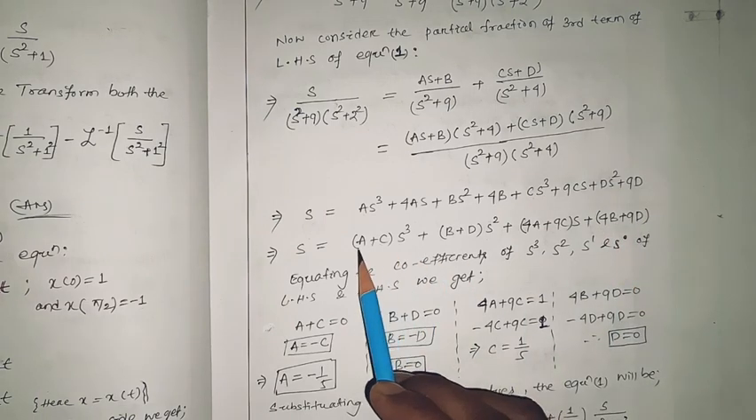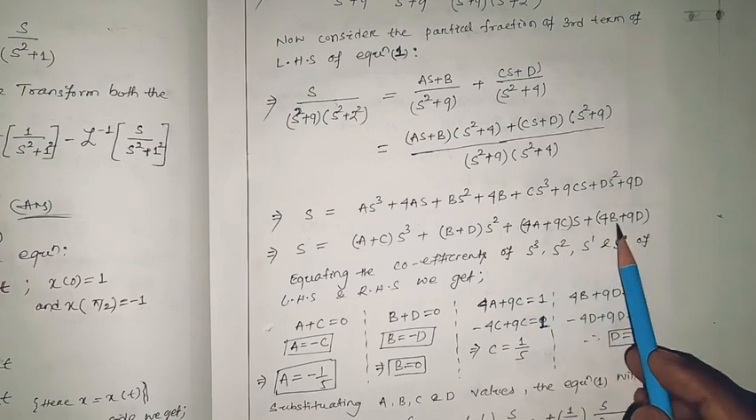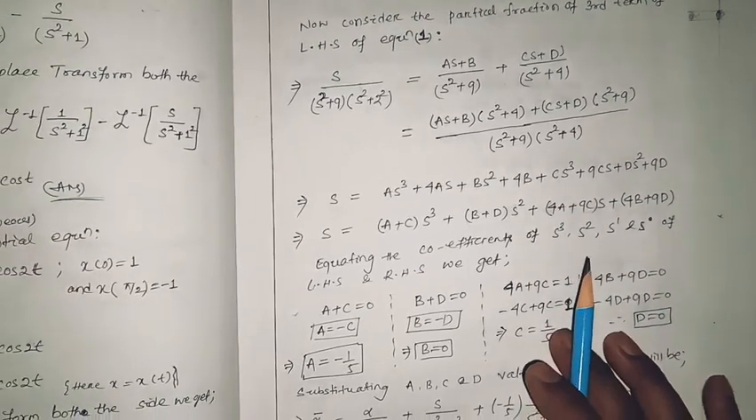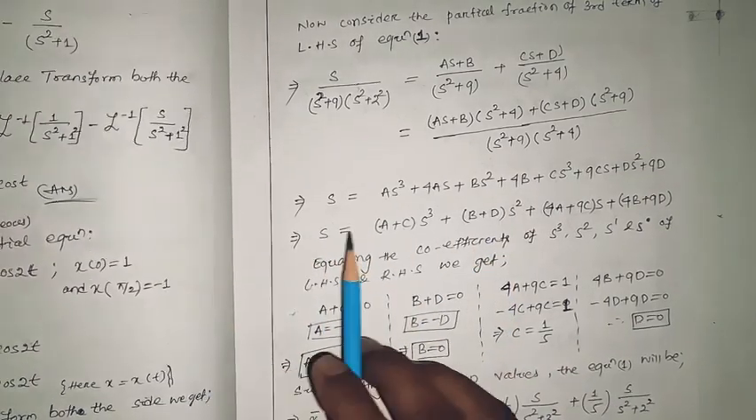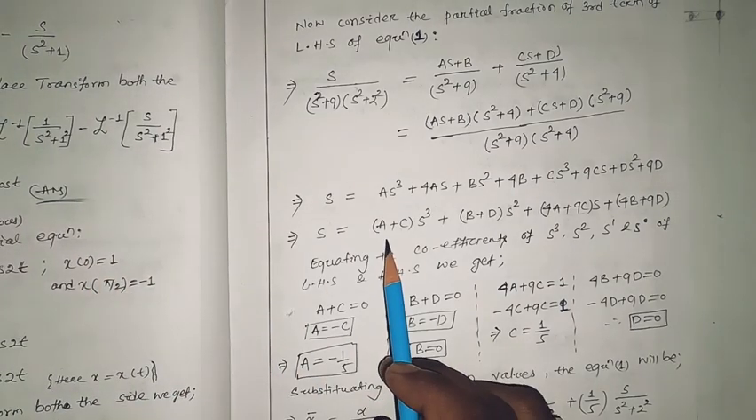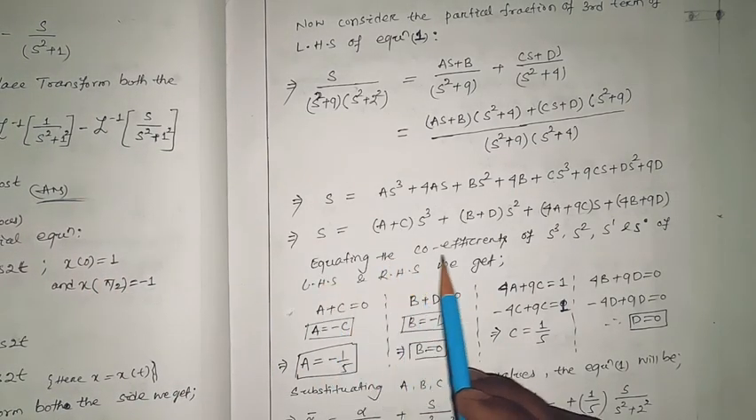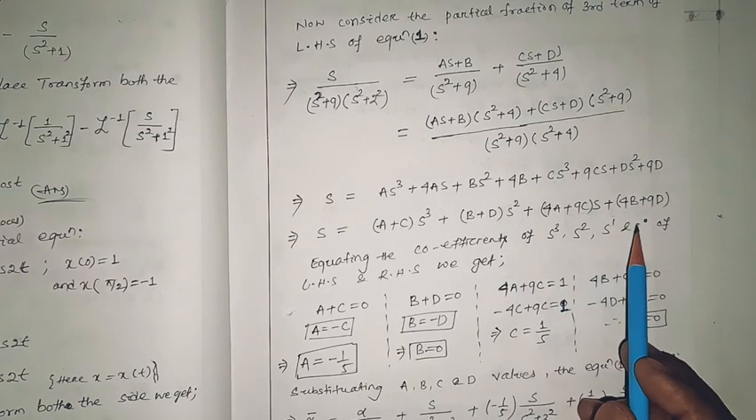That means this is the coefficient of s squared, this is the coefficient of s, and this is the coefficient of s to the power 0, because s to the power 0 is your 1. So if this is equal to this, that means the coefficients of all the s powers have to be equal. So equating the coefficients of s squared, s to the power 1, s to the power 0